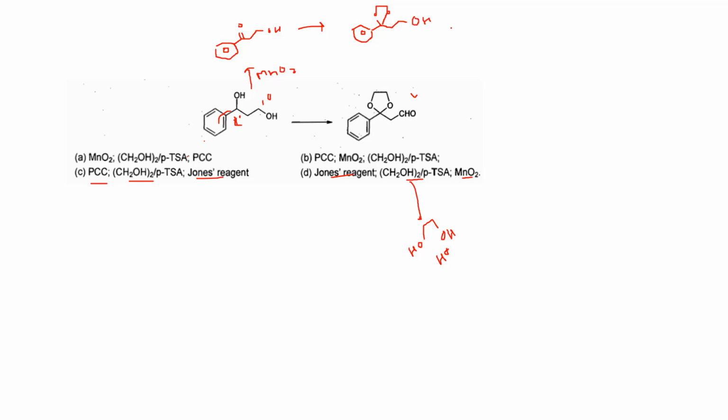Now if you add any oxidizing agent, like if you add PCC here, we will get this as our product. So which option are we going through? Option A. Okay, understood? So this is the way they will combine 2-3 reactions in a reaction and give you a question. Let's move to the next one.